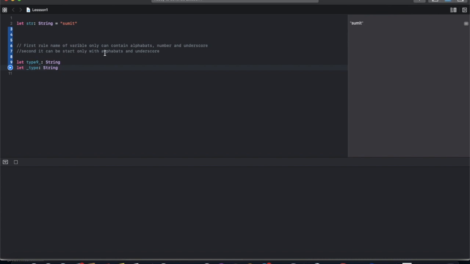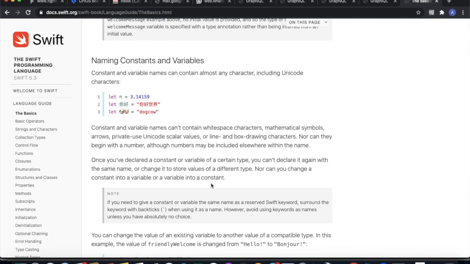First rule, the name can only contain alphabets. Alphabets meaning A, B, C, D, E, F or any other language alphabets, and numbers 0, 1, 2, 3, 4, 5, 6, 7, 8, 9 and underscore. And it can only start with an alphabet or underscore. So here we go.